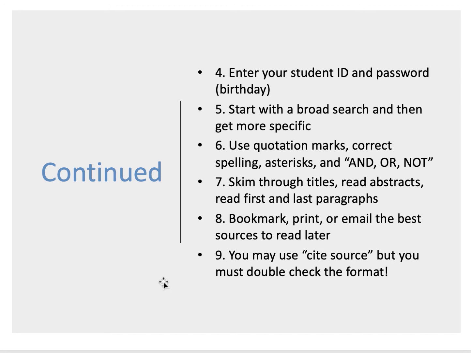You can get fancy and use Boolean operators like and, or, not, but I'm not really fancy when I do it. I just search for key terms and kind of use trial and error. You don't have to read every article you come across because then you'd be reading millions of articles. You might skim through titles, read abstracts, that's a very short summary at the beginning of an article, see if it's worth your time. And of course, you can email the articles to yourself, you can bookmark them, and you